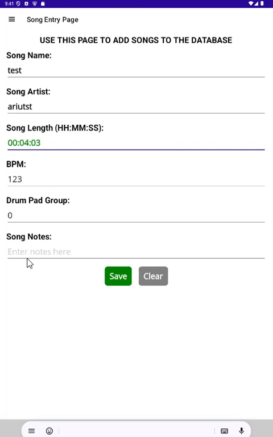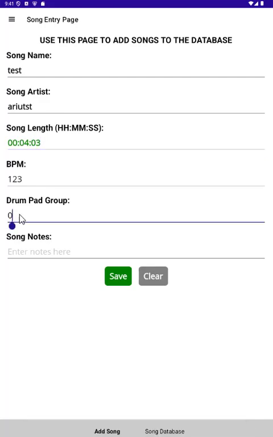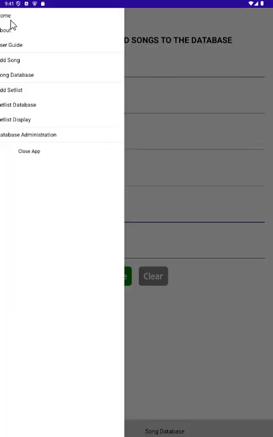And then the other fields are put in here as needed by the drummer, beats per minute, and if they're using a drum synthesizer or a drum pad, they can indicate what effects are associated with the song here. So if it's drum pad group 5 on their pad, they can put that right in there, and it'll show up later when we get to different sections. So once you enter in that song, you click Save, and then you go back to